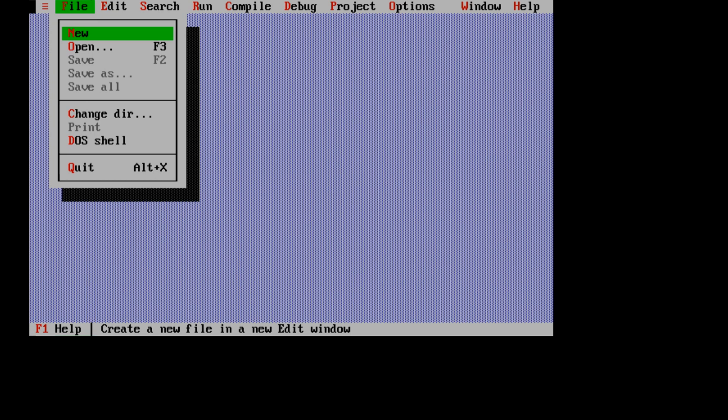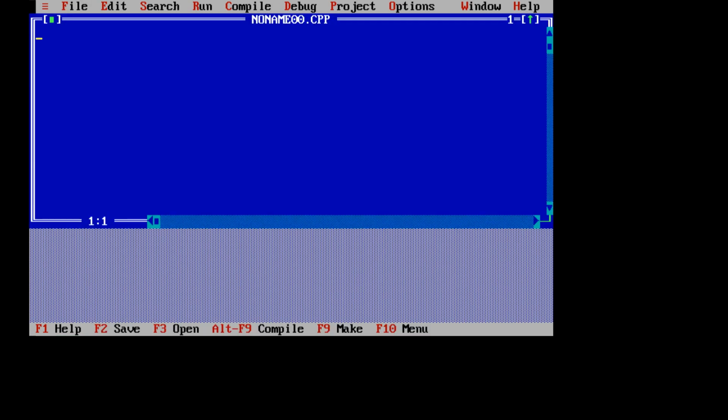Let us choose File, New. Let me write a program. Suppose #include <iostream.h>, #include <conio.h>, void main,